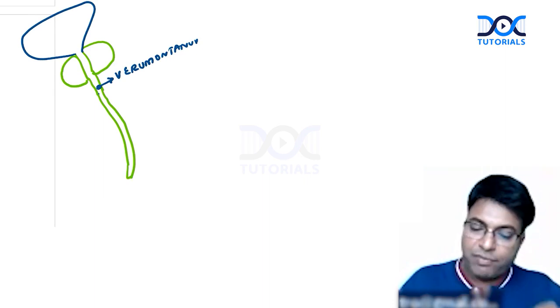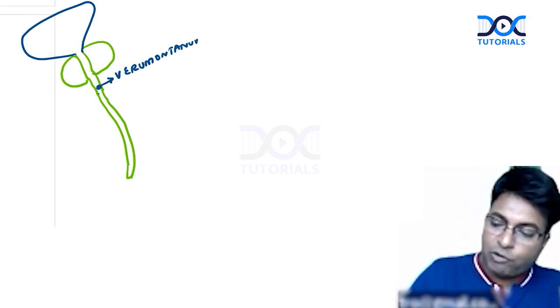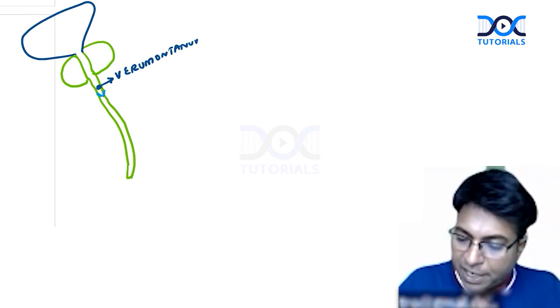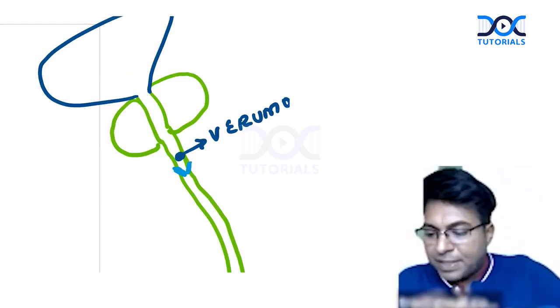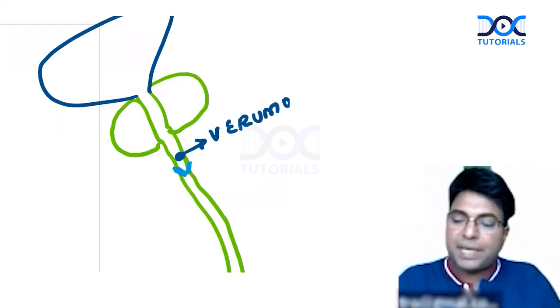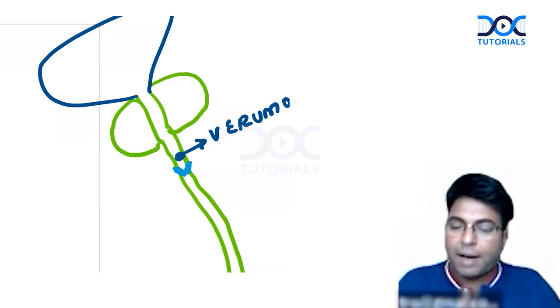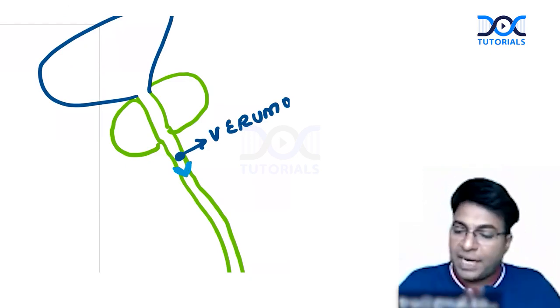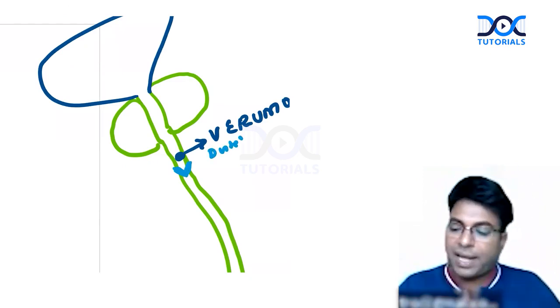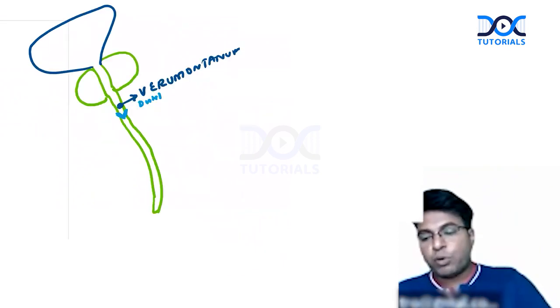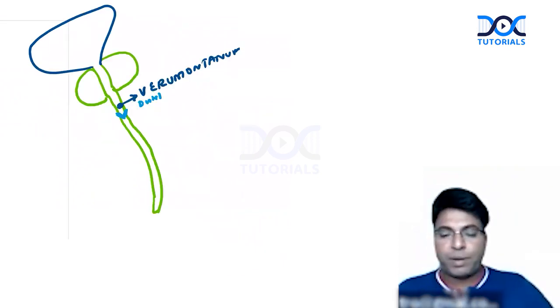Actually, the valve is a very thin membranous valve, not a thick valve at all. It is a thin membranous valve like this. So when a patient tries to pass urine, it will approximate and close. It will be seen distal to verumontanum. This is the one MCQ. So posterior urethral valve is seen distal to verumontanum.